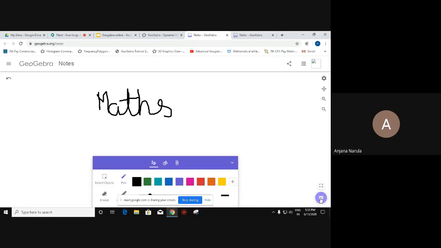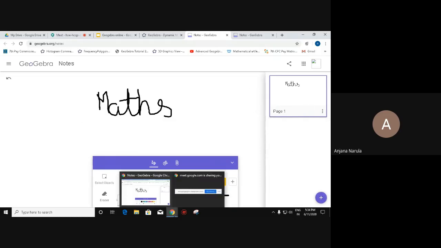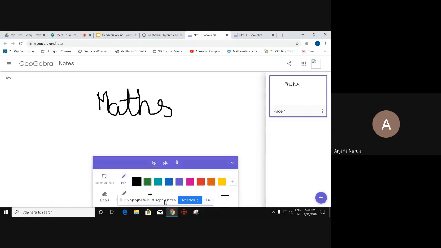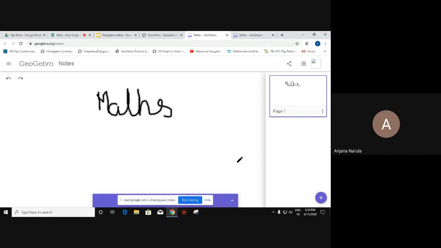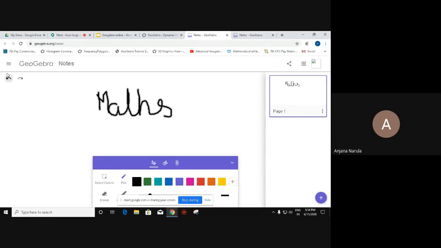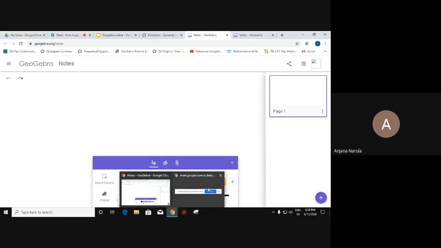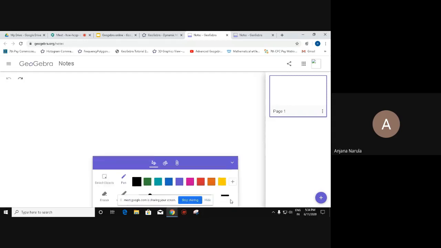If you click on this page preview, it will show you this is page 1, and when you add plus, you'll get another page. So that means you can add as many pages as you want, and this canvas views vertically. So I'm coming to next. Next is the shape tool, these are the basic shapes.